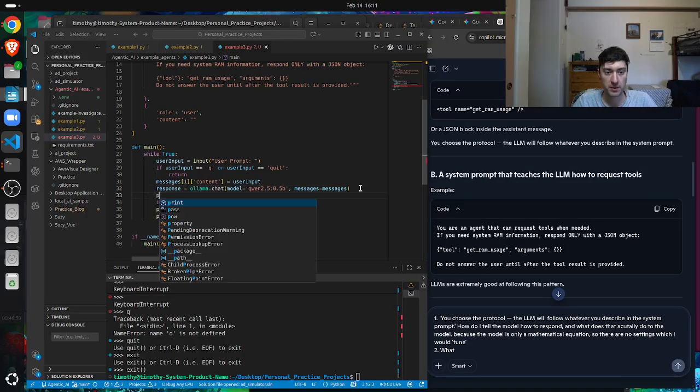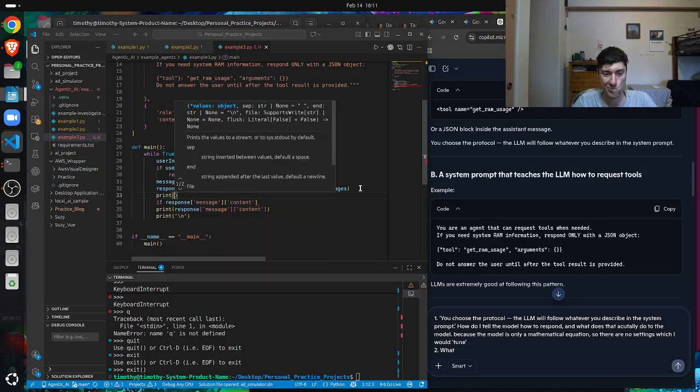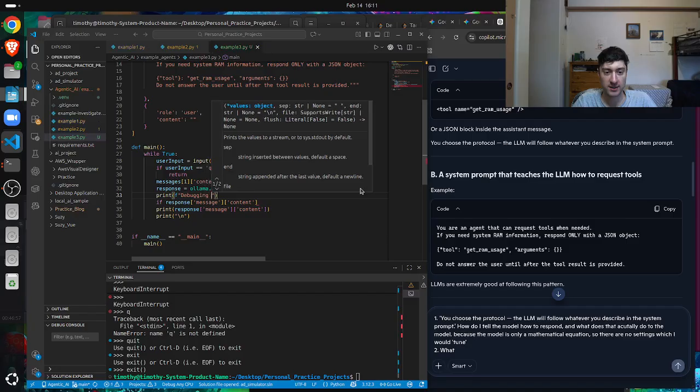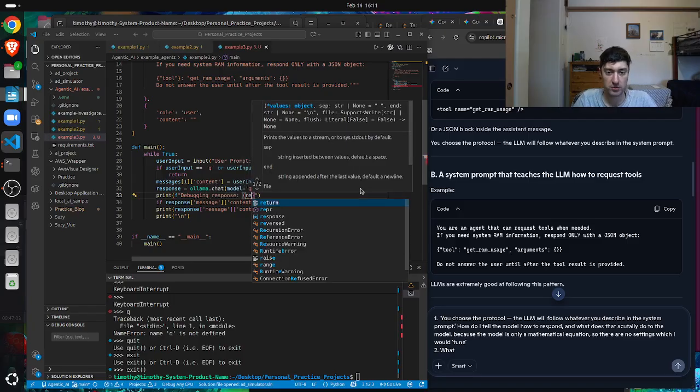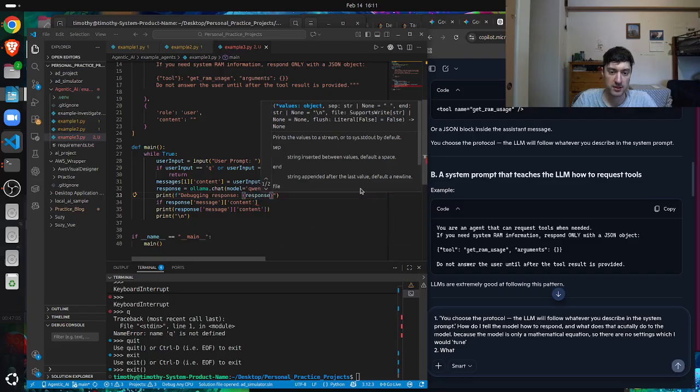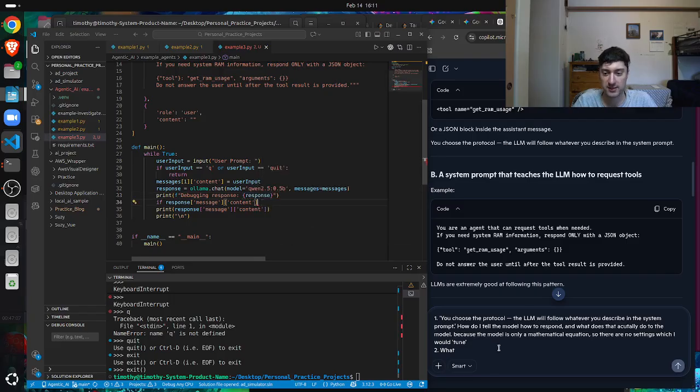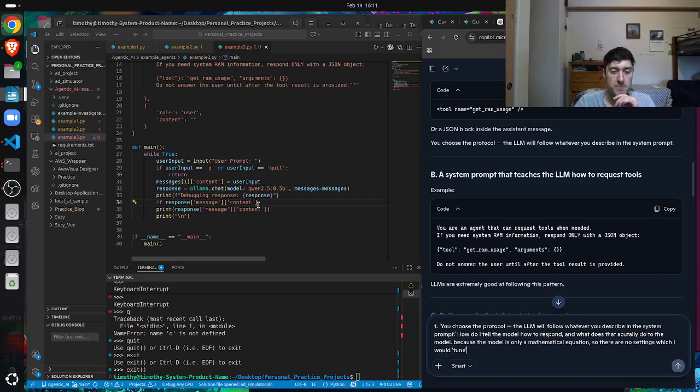So print f debugging response is going to be equal to just response. Yeah, I just want to see what it looks like, because I don't even want to ask the question when I can just find it out myself. Okay. If response content is equal to